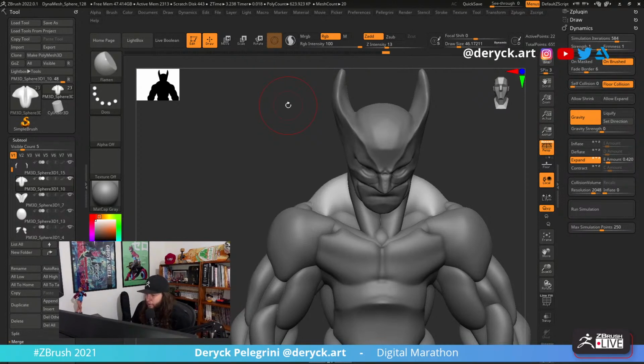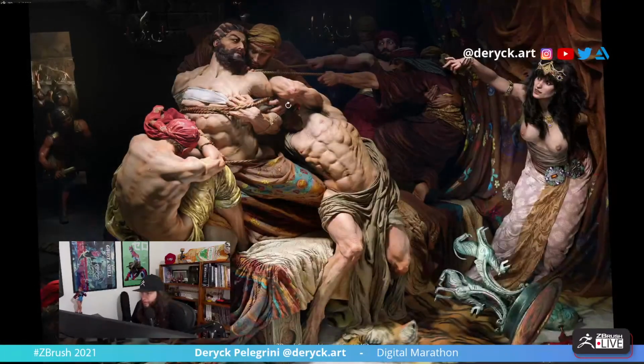What I'm using it for is to create flows. I think it is a good thing to simulate flows. So that's basically what the dynamics options do. You can simulate and apply some forces to your mesh. So yeah.